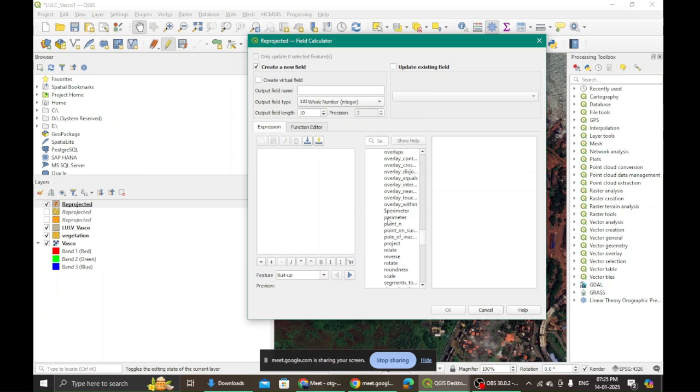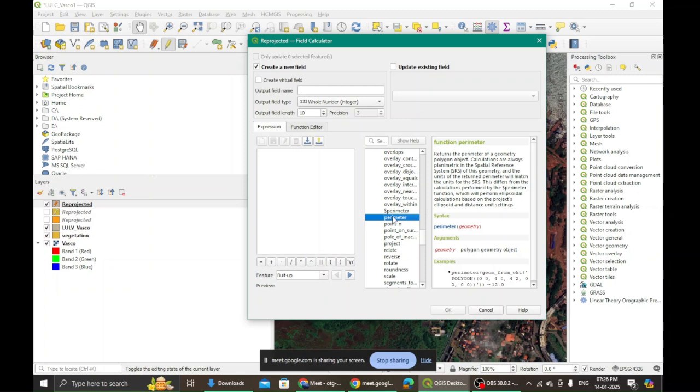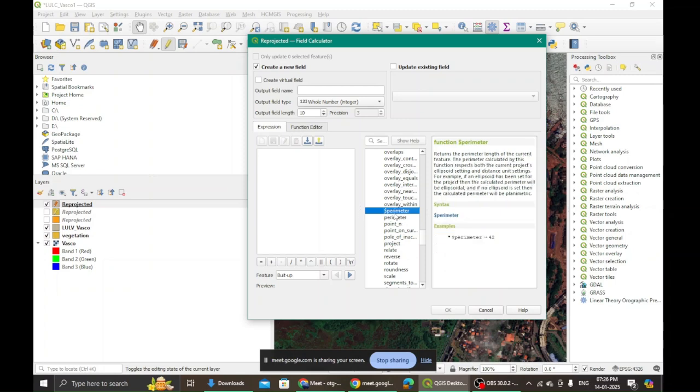How do I do that? I go to this perimeter, right? This $1, that is what I am preferring, okay? I double click on it such that it comes and populates expression. And then I hit, oh, okay, create a new field. I have not given name yet. I'm going a little hyper because I am behind. So decimal number. So this all I have chosen, and then I hit OK.